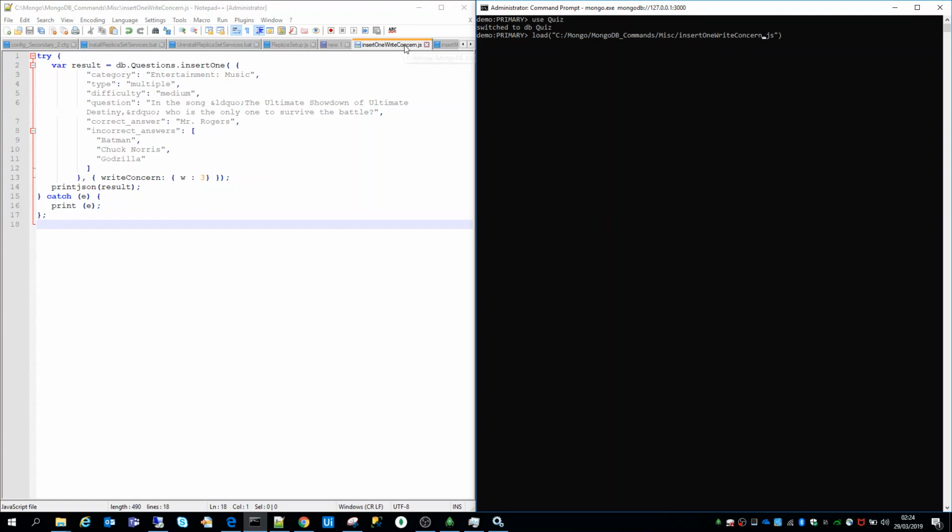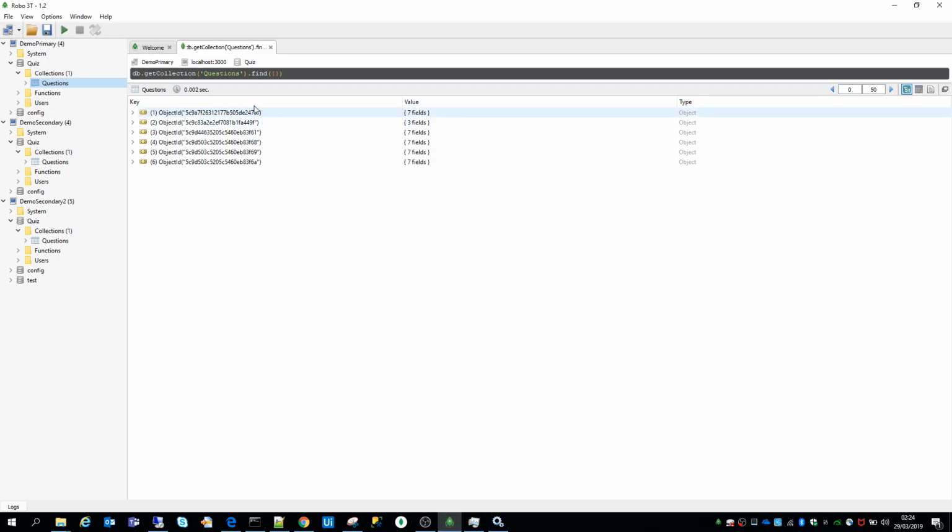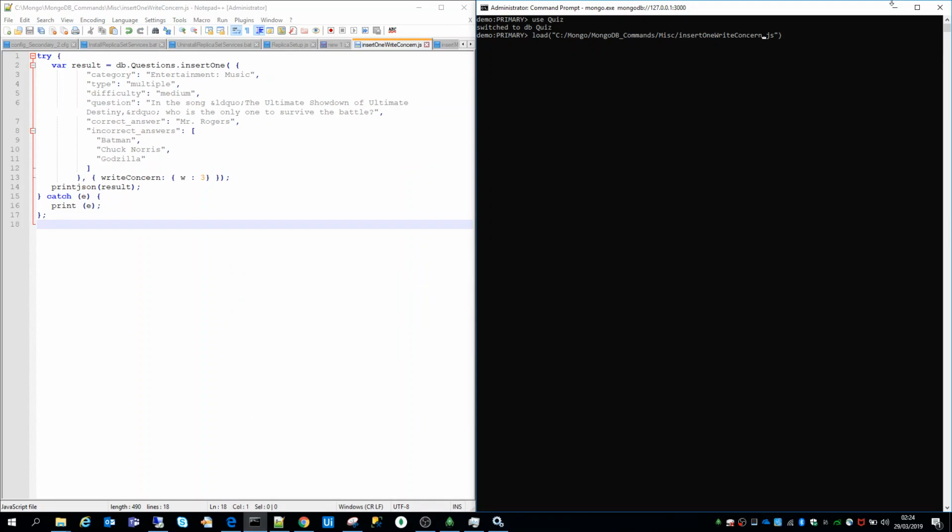Basically I'm trying to load this JavaScript insertOne write concern file. Let's see the status of our collection just before execution. So we can see we've got a primary, secondary 1 and secondary 2 servers, and we've got 6 documents in our collection. So let's run and see what the result is,